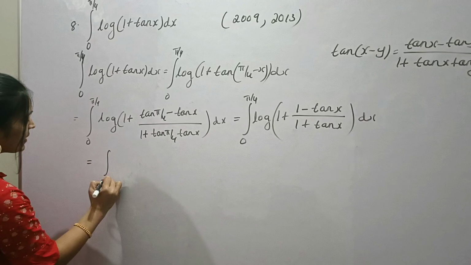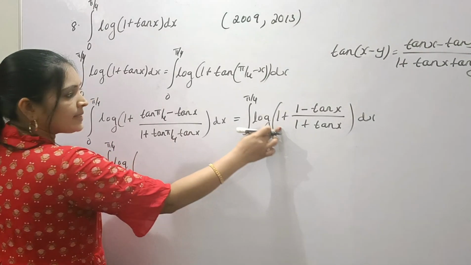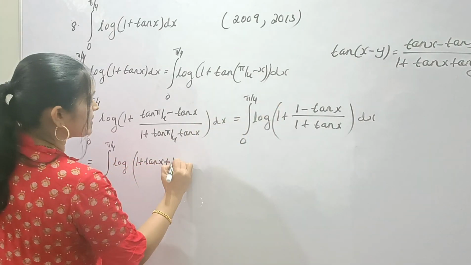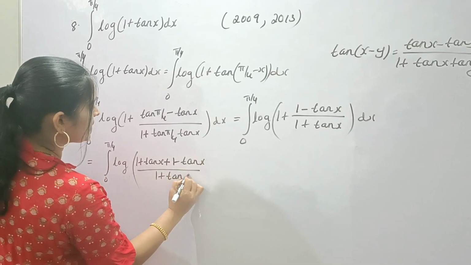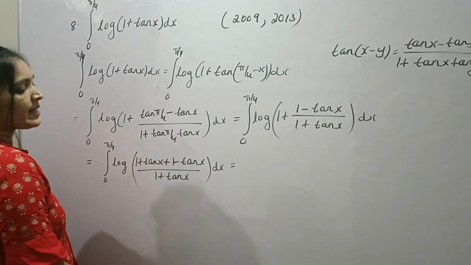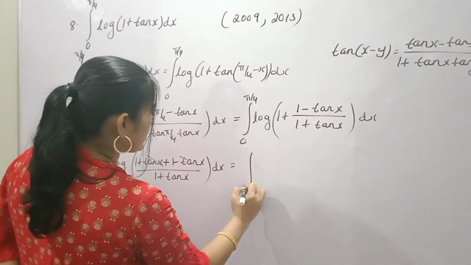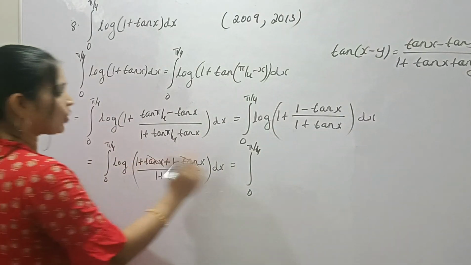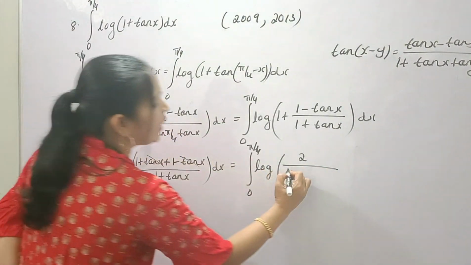That is equal to integral 0 to pi by 4 log of 1 plus tan x plus 1 minus tan x divided by 1 plus tan x dx. That is equal to, see here tan x minus tan x cancelled, 1 plus 1 is 2, integral 0 to pi by 4 log of 2 divided by 1 plus